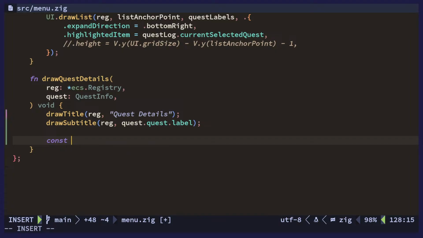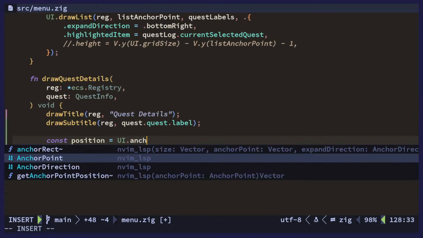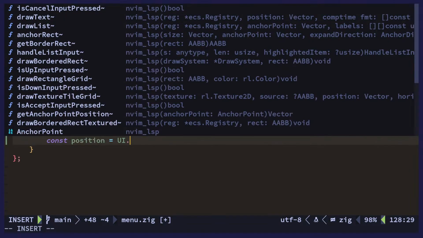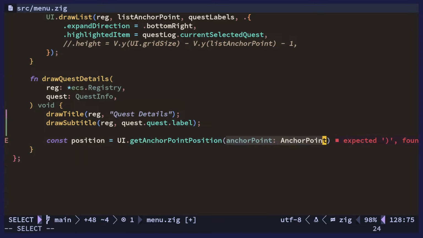Well, let's make a position first, I think. So this would be the position of the box, sort of. We need an anchor point. Wait, where did that go? Get, yeah. So this would be,